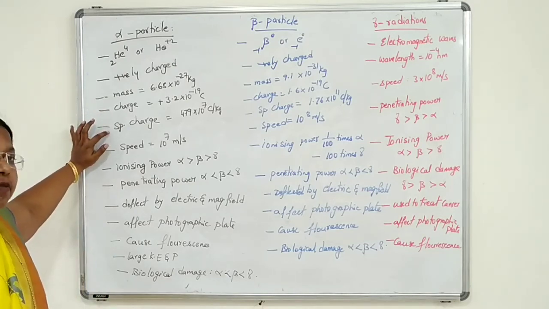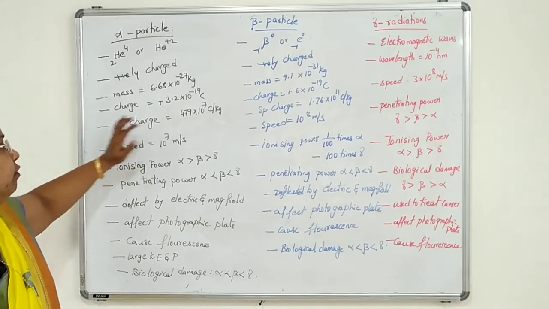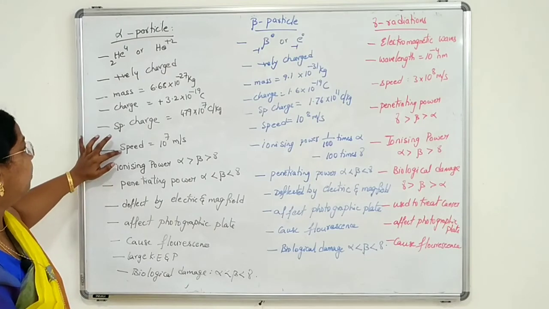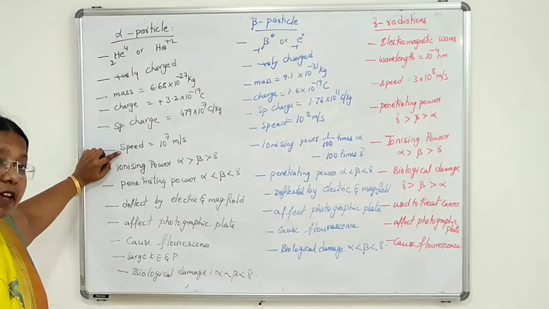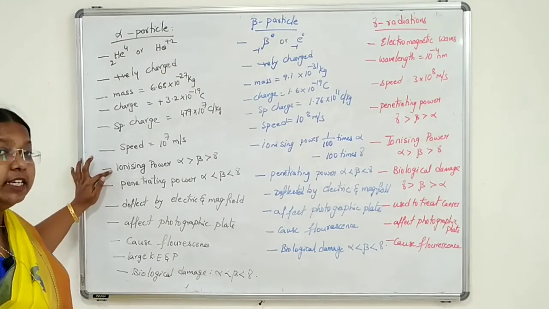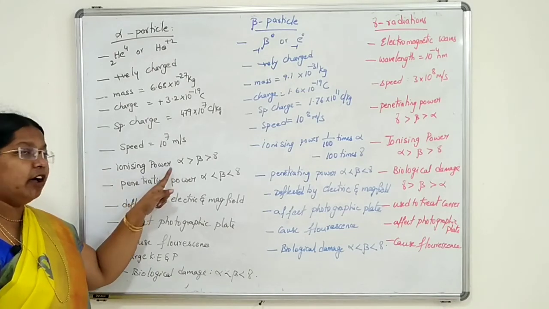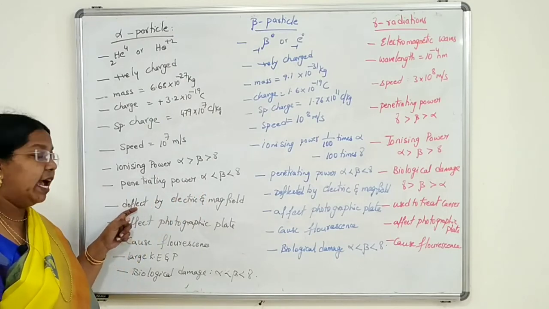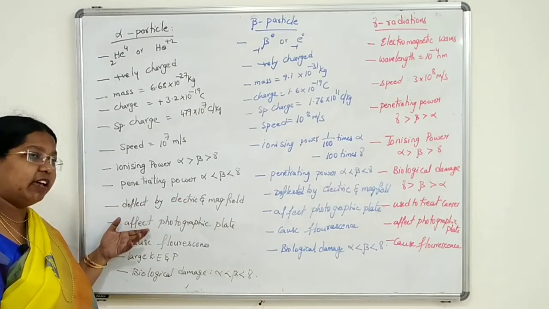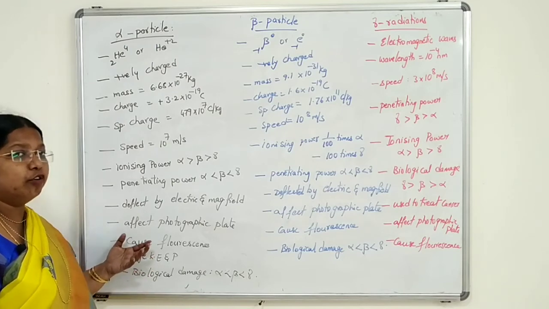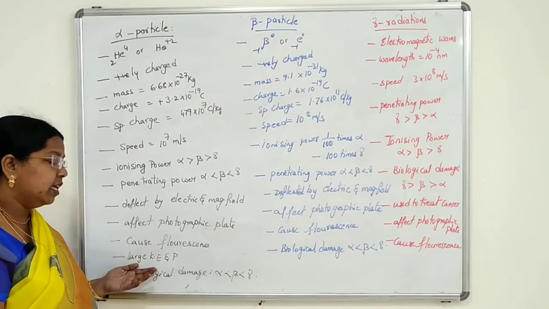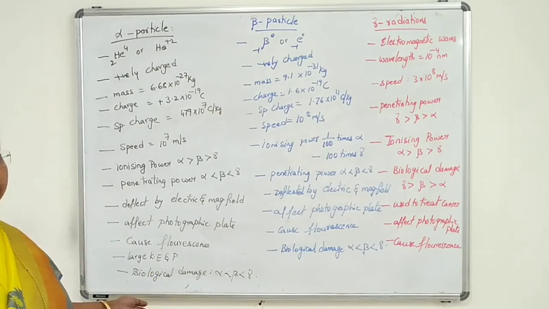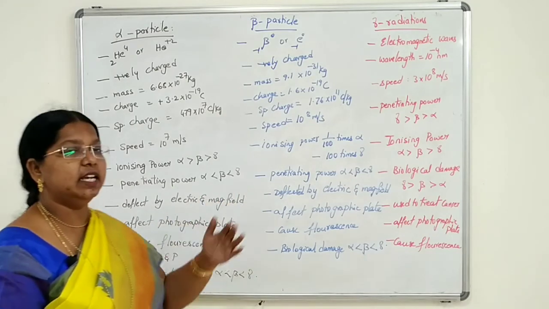19 coulombs. Specific charge q by m will give you 4.79 into 10 power 7 coulomb per kg, and speed is 10 power 7 meter per second, and ionizing power, more ionizing power for alpha, least penetrating power for alpha particles, and they deflect by electric and magnetic field, they affect photographic plate, they cause fluorescence with fluorescent substances, then large kinetic energy and momentum, and biological effect, least affected by alpha when compared with beta and gamma